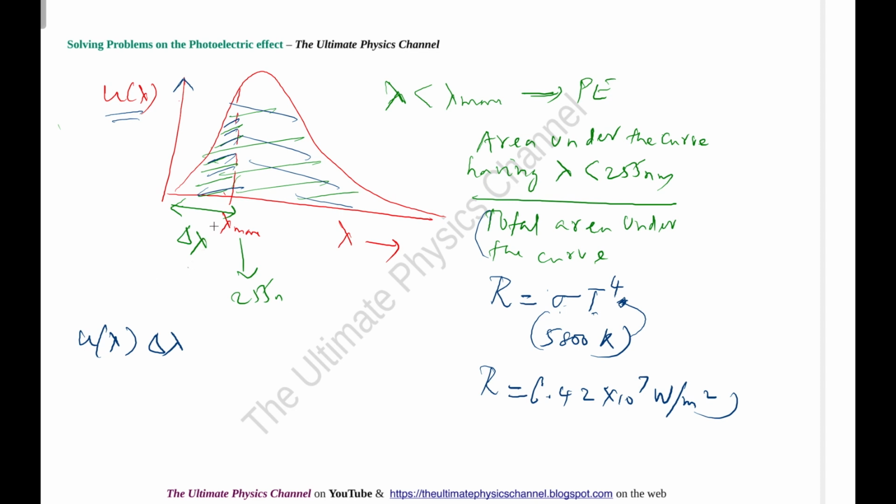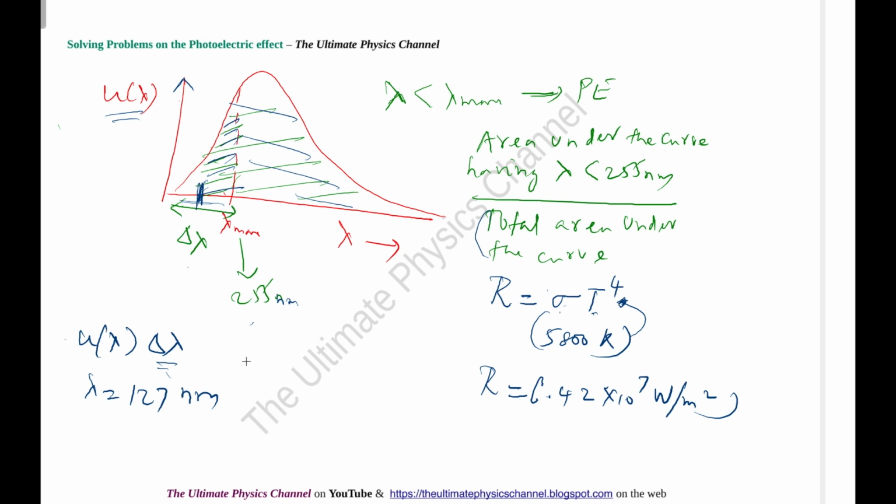It's spectral density, energy density there, right? Now we have to take somewhere lambda here. What is the lambda that we are talking about in this case? Because we are having a range of lambdas here. We can take somewhere halfway, that is 255 nanometers is the lambda max. All lambdas less than that we are considering. The mean would be somewhere in the middle of this, that would be, let's say, 127 roughly, 127 nanometers. So we can take lambda to be about 127 nanometers roughly, and then proceed on to calculate this, because